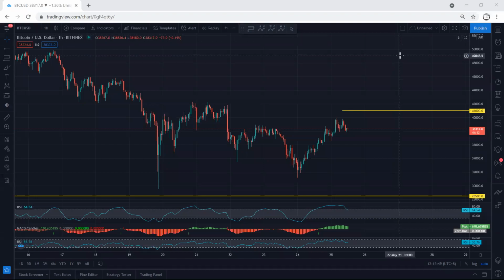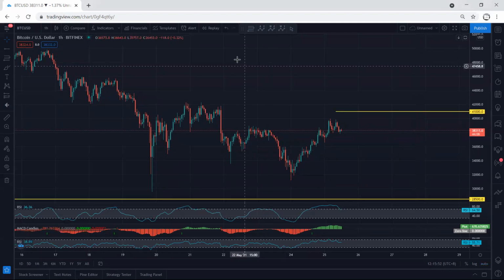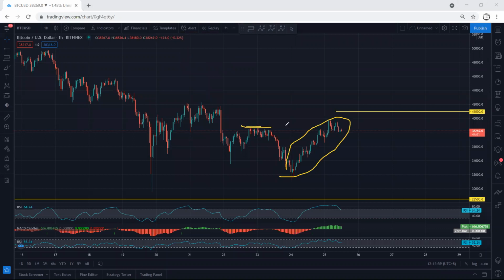Bitcoin, I want to give a quick update. If we refer to our analysis, we have been looking for buy, and this is what we get. We mentioned we want to see the breakout of the highest price of this correction. As we can see, the price broke, but it couldn't continue, all right? There are no more changes if we refer to our analysis in my last video.